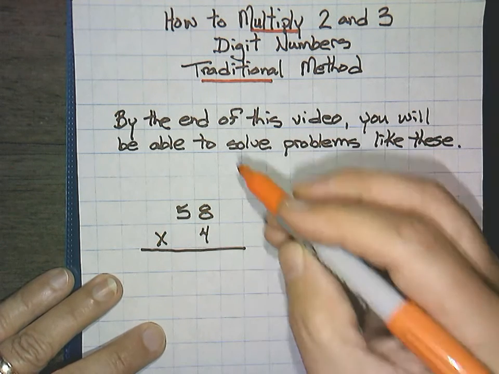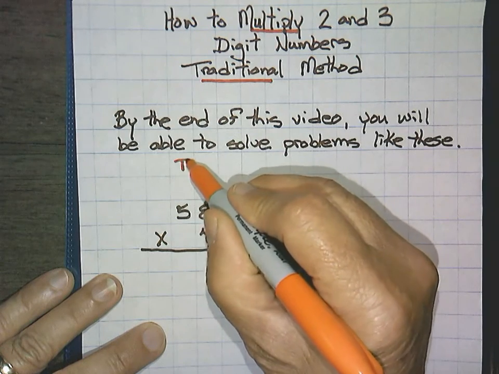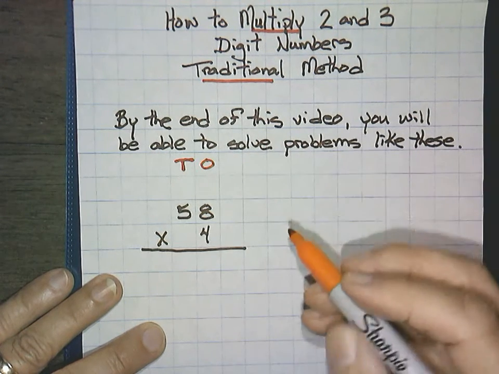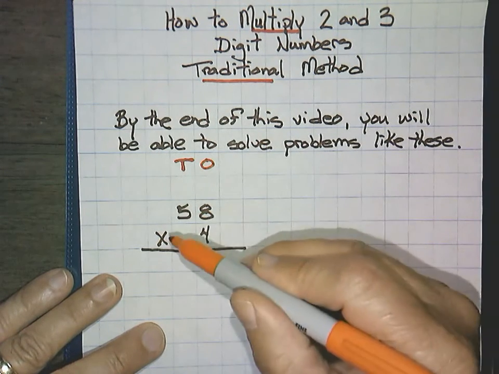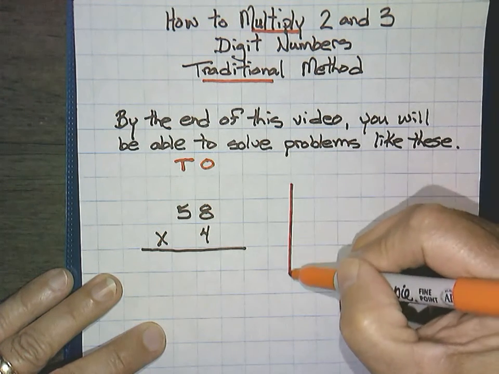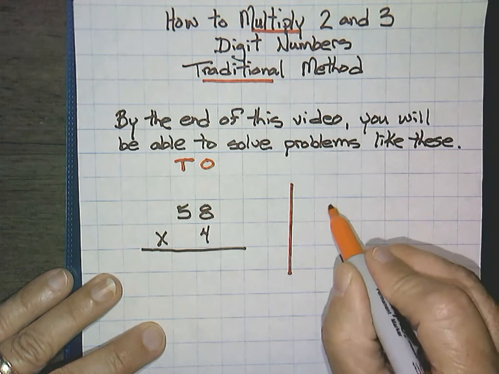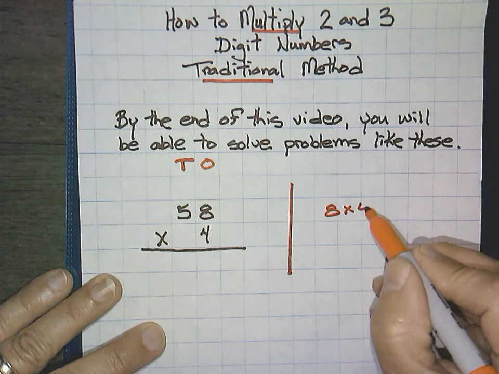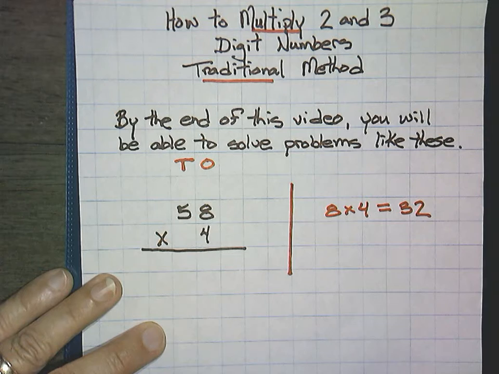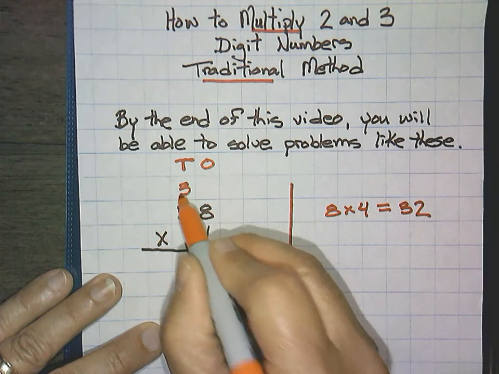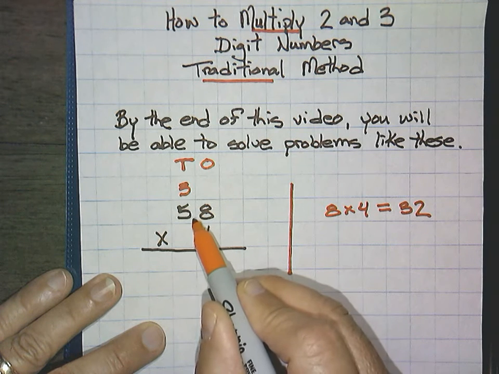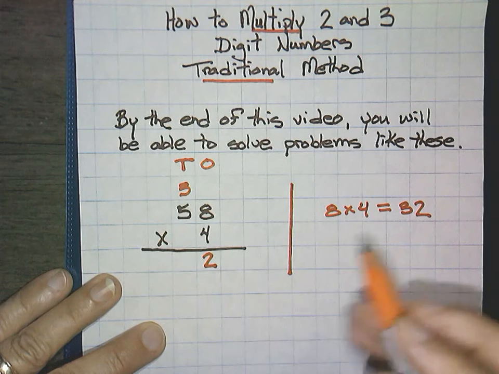Remember that 58, if we think of our place value, would be 5 tens and 8 ones. So in a traditional method, we would start with 8 times 4. You could also say 4 times 8. I'm going to show that over here, 8 times 4 would equal 32. We would write that as 32. We would regroup that. And then 4 times 5, or you could also express it as 5 times 4,